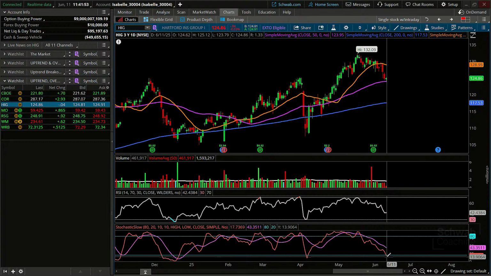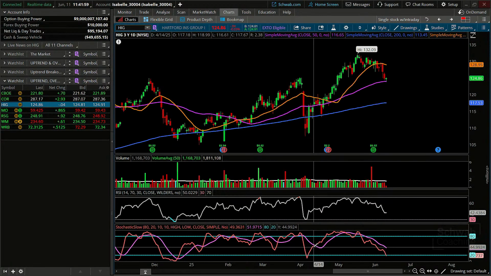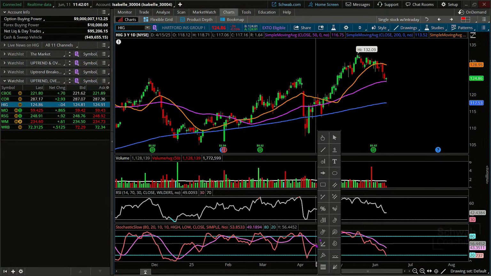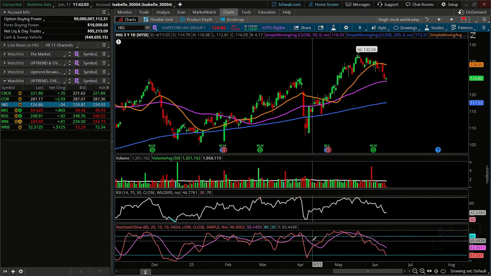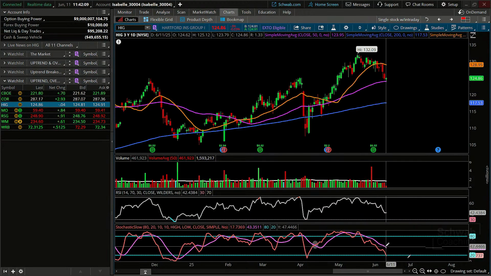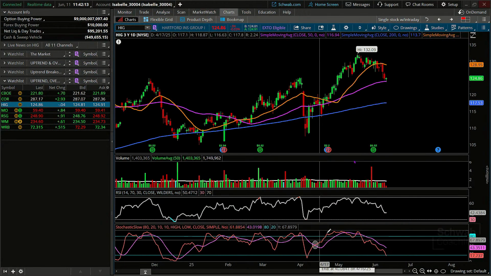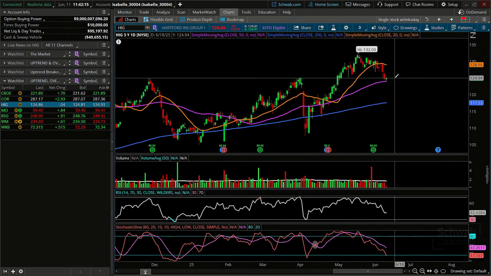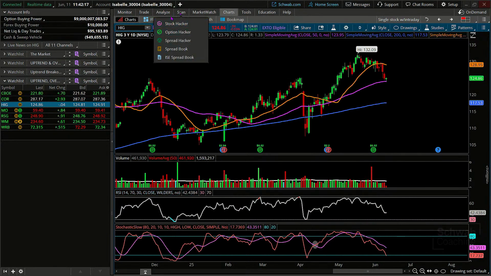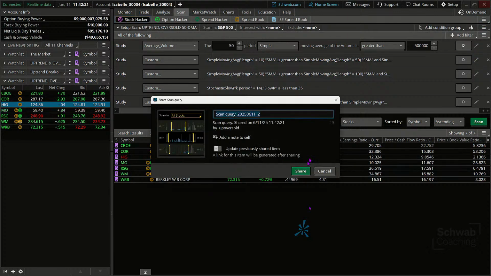For many of you, you're waiting on some semblance of confirmation. Maybe it's the actual crossover like this that you see in the stochastics. Maybe you're waiting for that stochastic to cross to the upside like that. Okay? Eventually, that's going to happen over here somewhere. So some traders might wait for that. Others might wait for that close above the high of the low day, right? So let's go ahead and get this scan in there for you all.